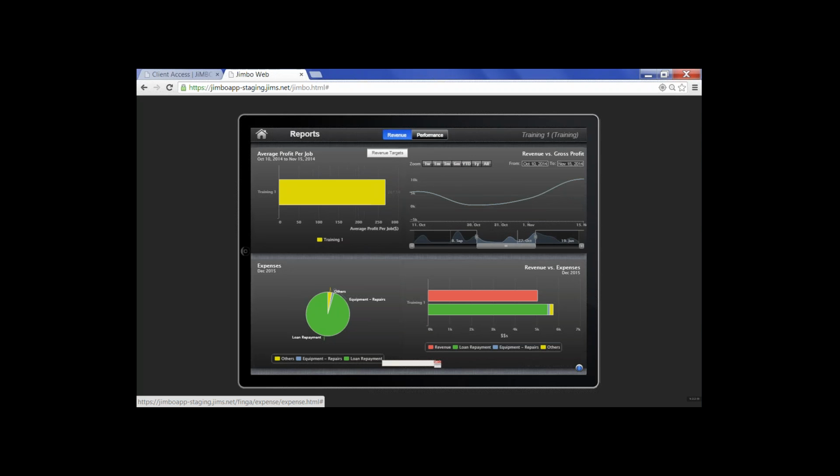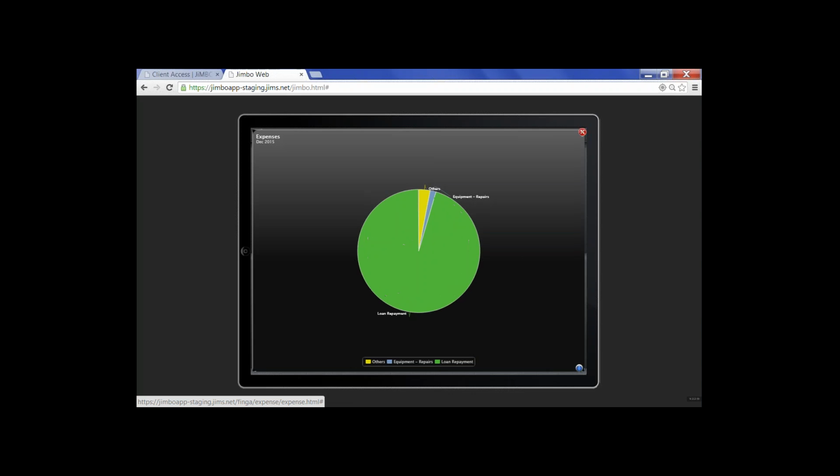So again, when that becomes your business, it really starts to give you some great information around what you're looking for. You also see down here we've got our expenses, and again, we've got a simple pie chart. If we click on that, if I double click on that, you can blow that up to full-size screen and have a really good look at where the expenses are going in your business. I think most people